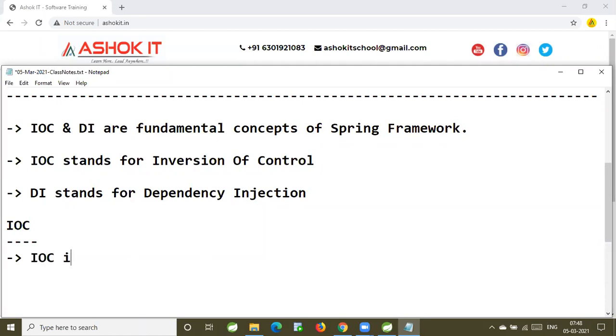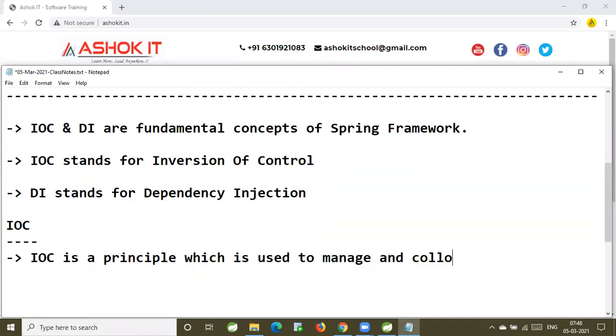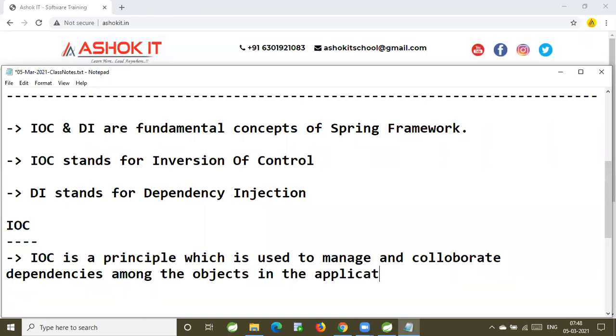IOC is a principle which is used to manage and collaborate dependencies among the objects in the application. Guys, could you please read the definition? What is IOC?